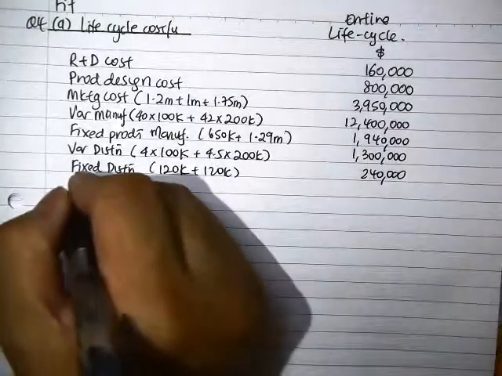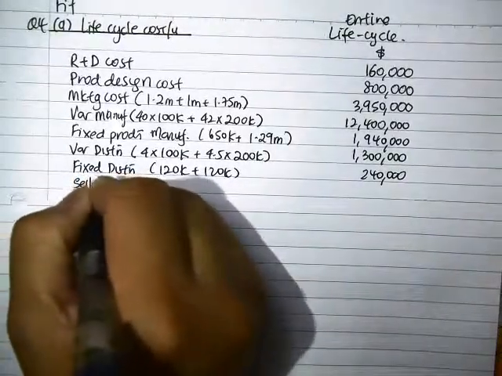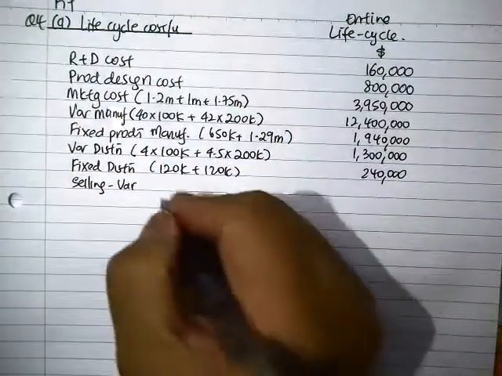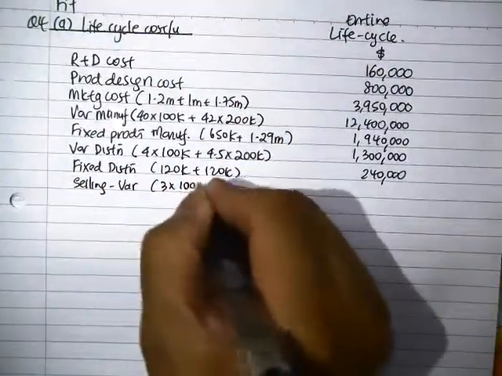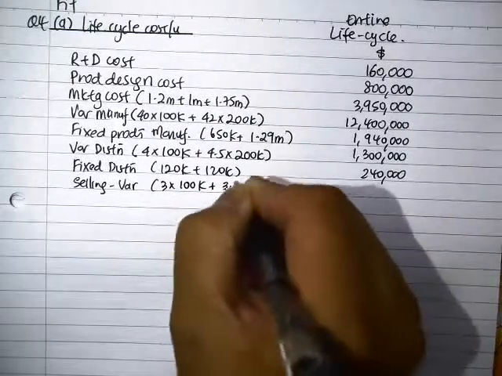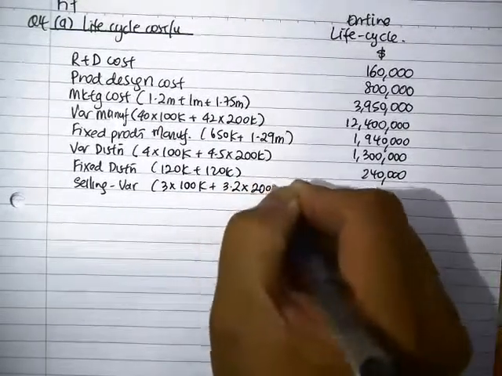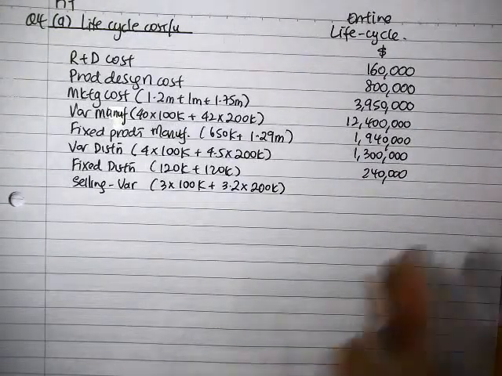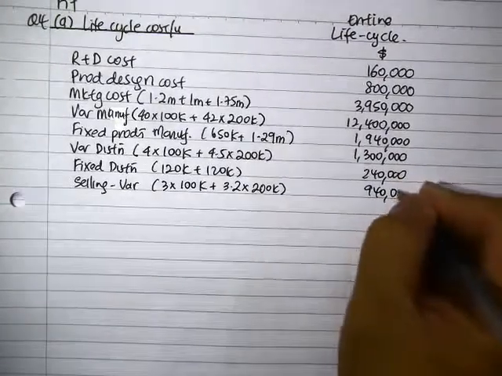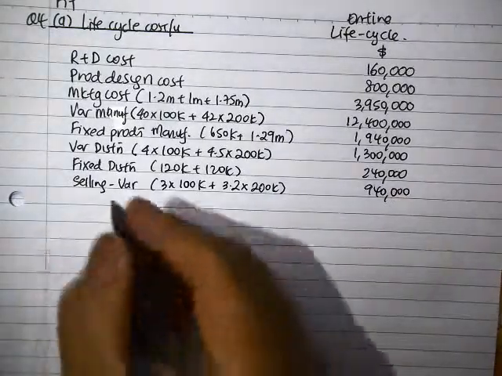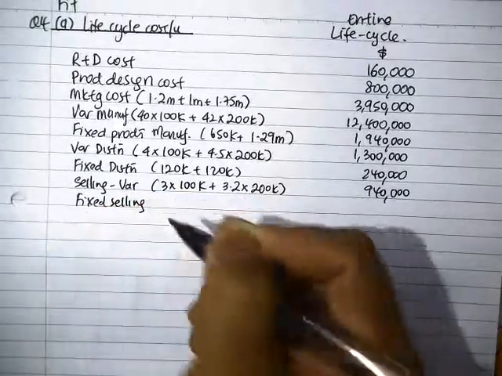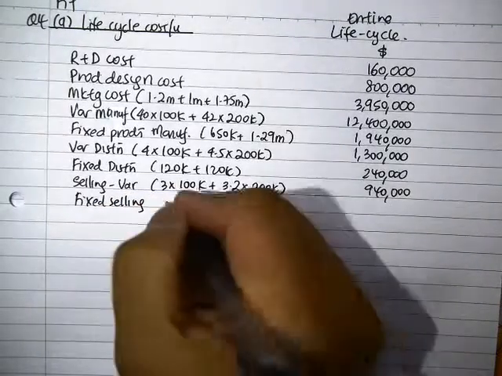Then we have your selling. So the variable selling is 3 times 100, 3.2 times 200, 640, 940. Right, then we have the fixed selling,